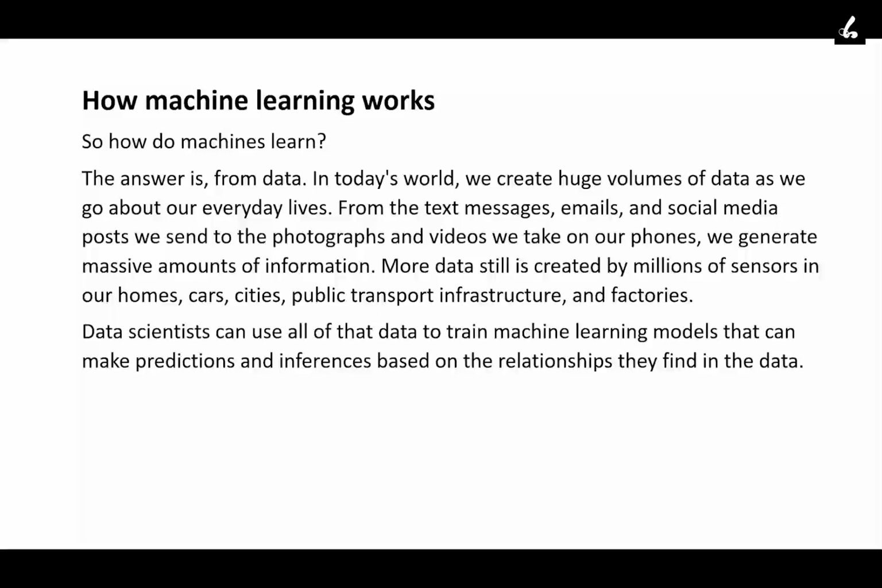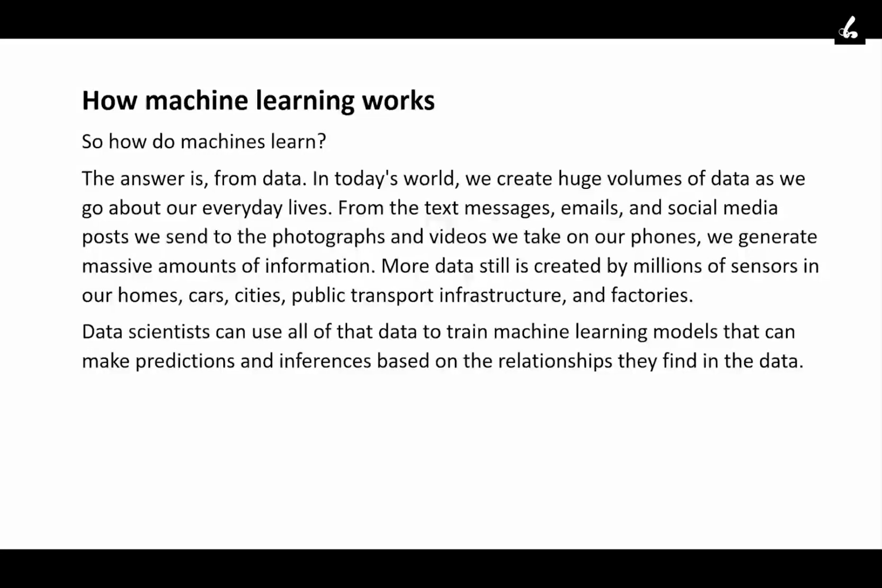Now, in today's world, we create huge volumes of data. How? By our sensors, by our text messages, email, social media posts. Everything is generating data because everything is now related to technology and everything is connected with the internet. So ultimately, they are generating a huge amount of data. We generate a massive amount of information, and